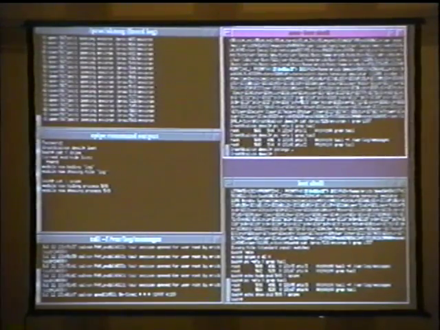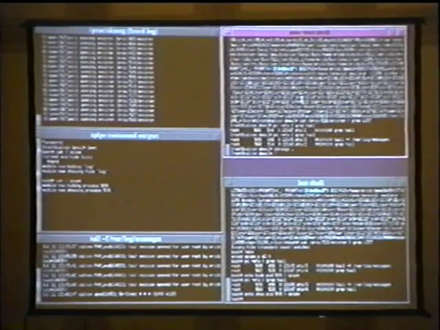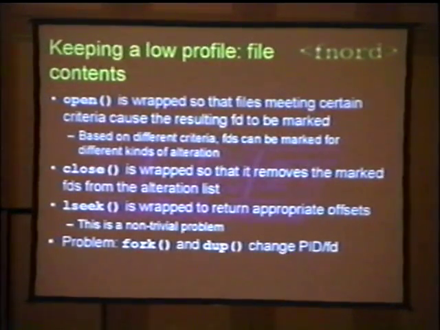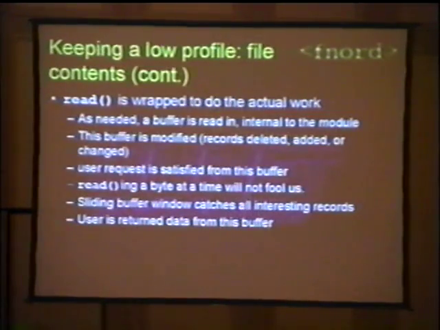Fork will change the PID, obviously, and fork is a real bear to wrap, so we haven't done that yet. And dup will change the FD, and we just haven't gotten around to wrapping that yet. So that's all the bookkeeping involved, but the actual work of altering the contents of a file is done in